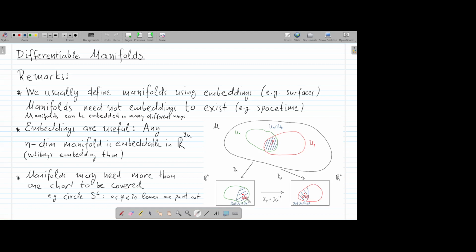But the definition that we have given does not require manifolds to exist independently of any embeddings. So although embeddings can be a useful tool to define or visualize manifolds, they are not a necessary structure that